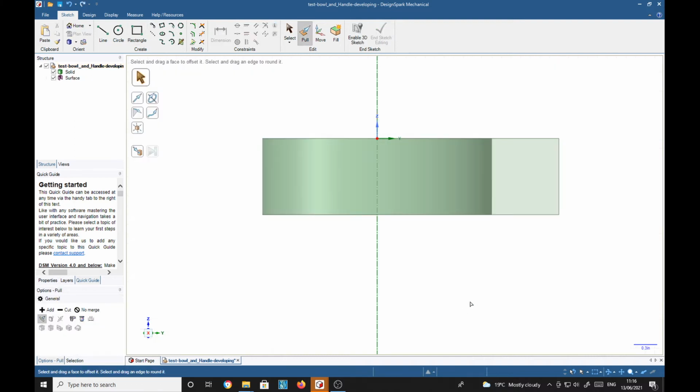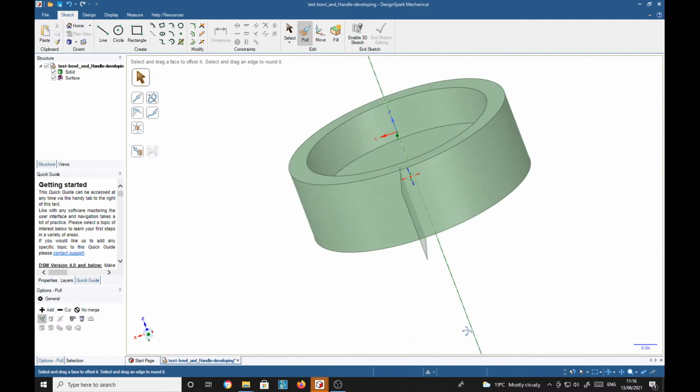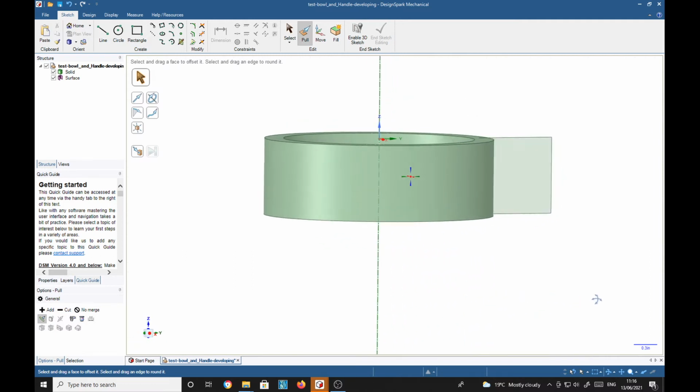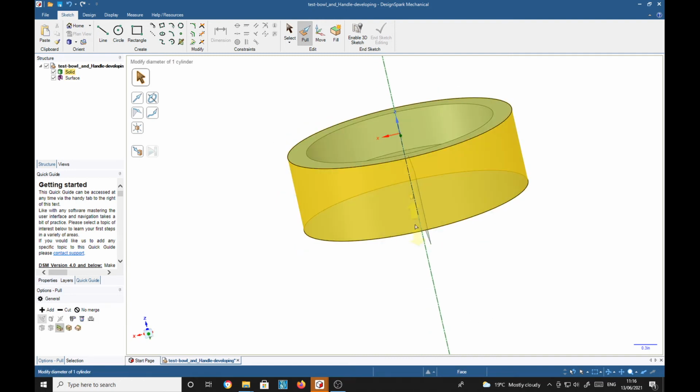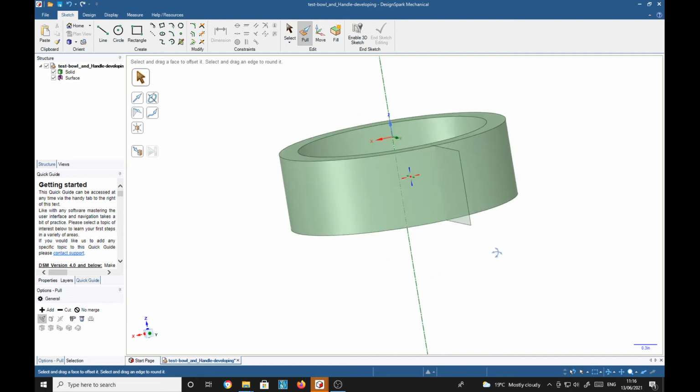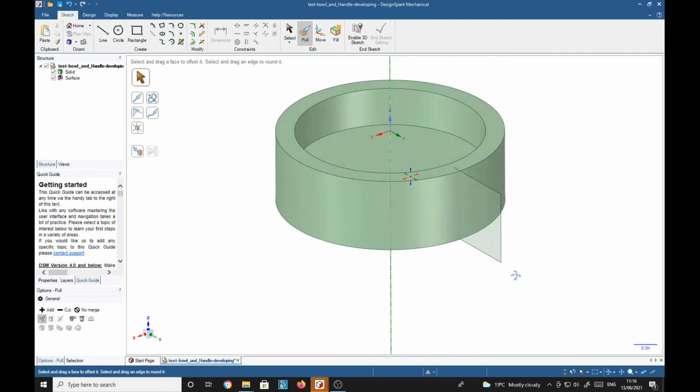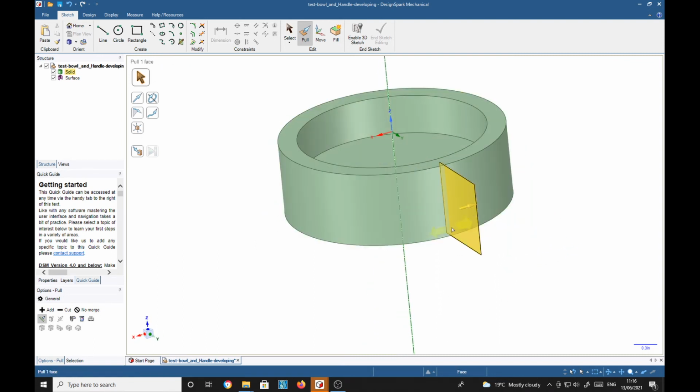P for pull. So we now have a surface pointing towards the center line, which we can drag, say 0.25, return,